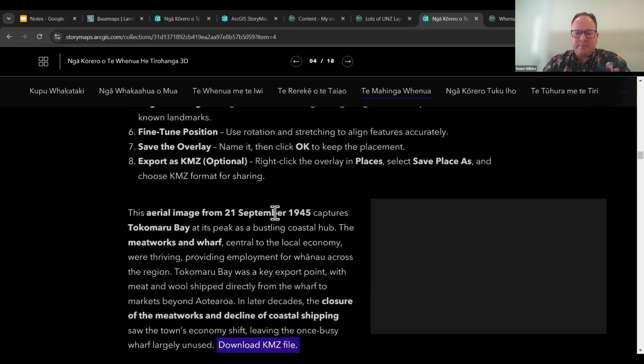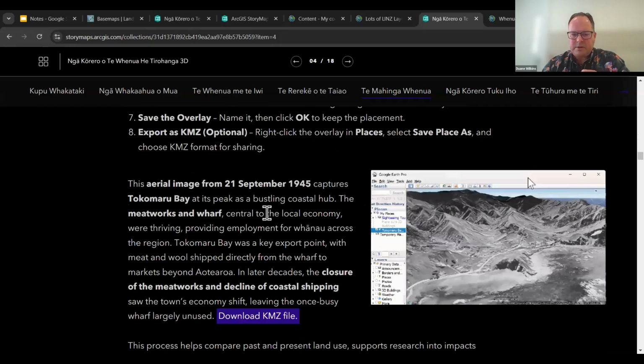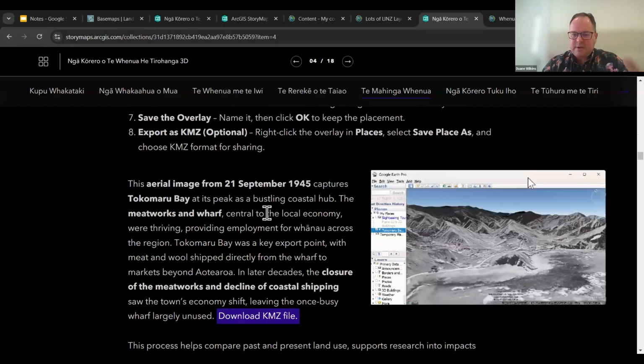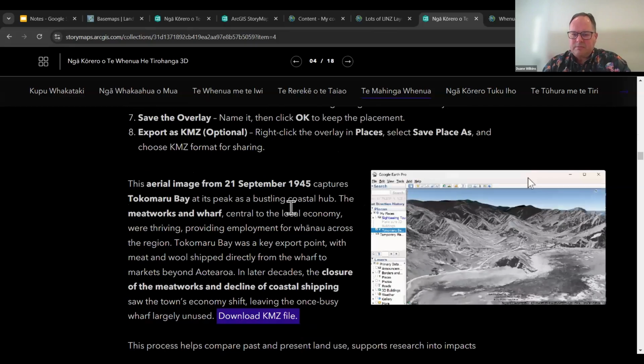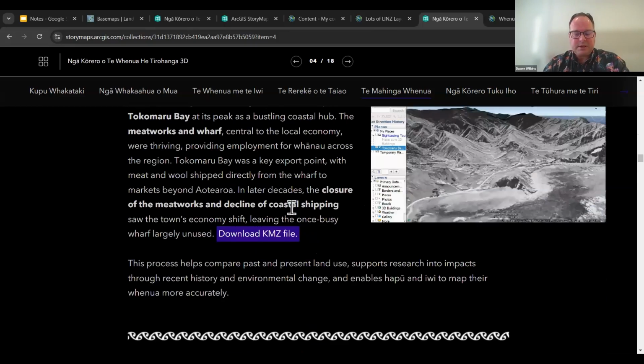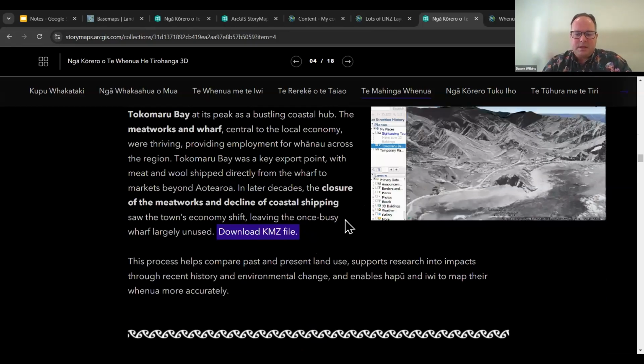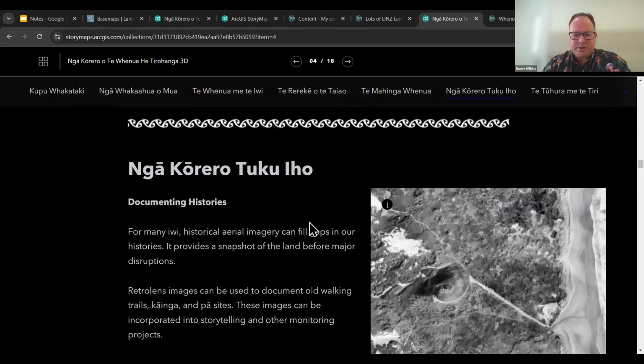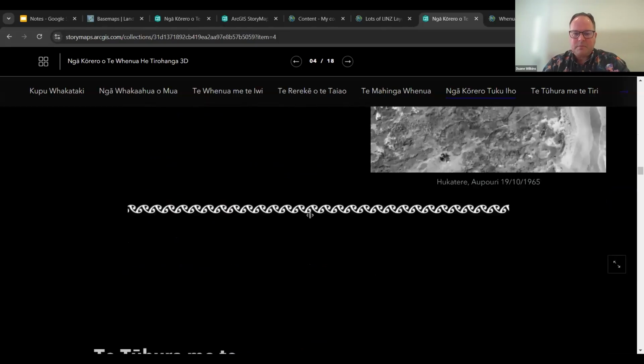A little bit of info there about getting one of those RetroLens layers, photos, and adding it into, say, Google Earth, which is the easiest way if you had a series of layers that you wanted to share or show change over time.